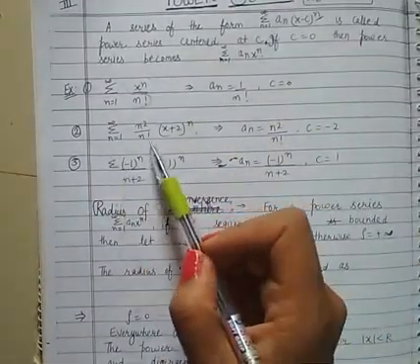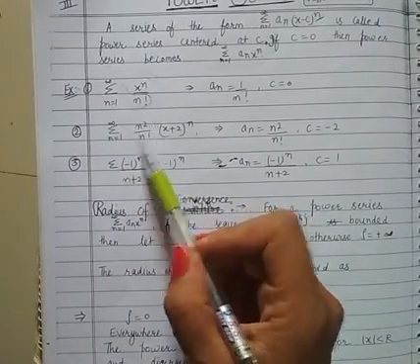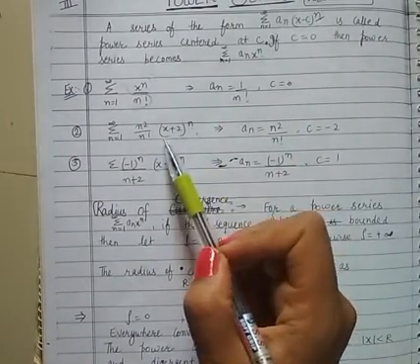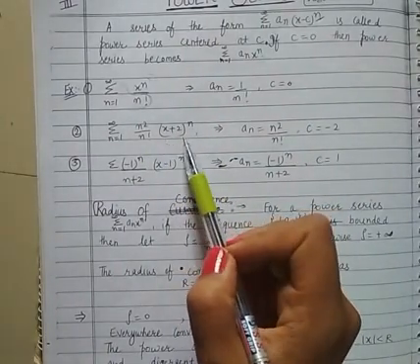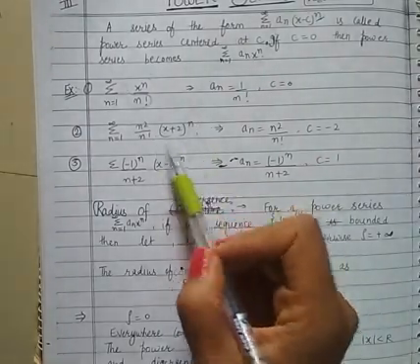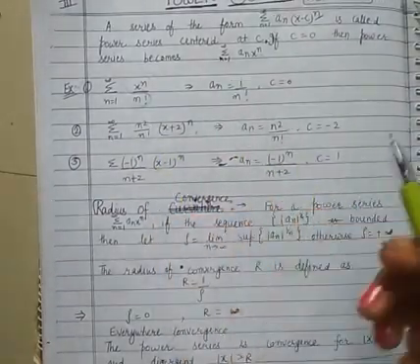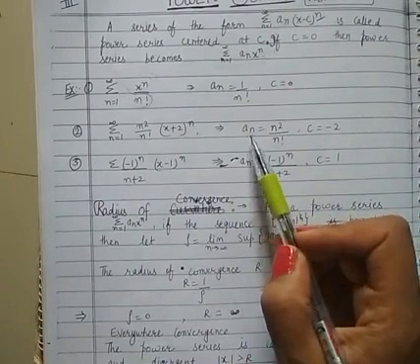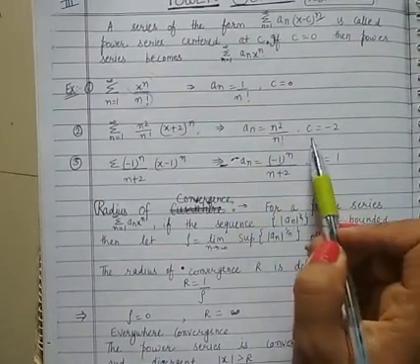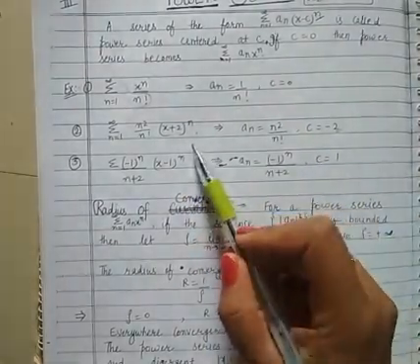The second example of a power series could be n from 1 to infinity n square by n factorial (x plus 2) power n. So you will always have x or x minus c or x plus c. Whatever is other than this (x plus 2) power n, everything else is coefficient. So here the coefficient a n is n square by n factorial, and the center is minus 2, because in general we have this x minus c.